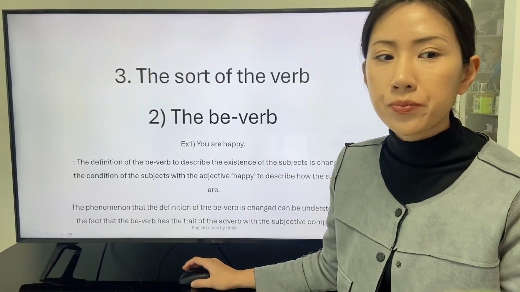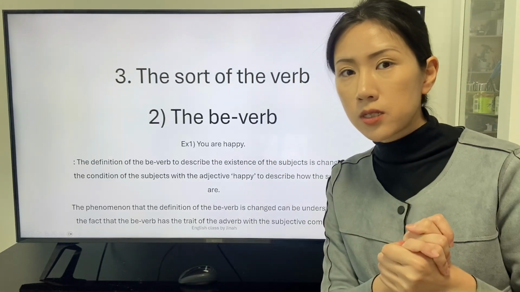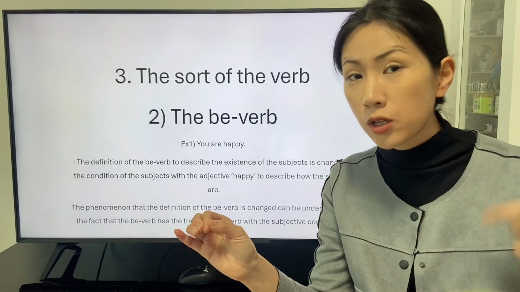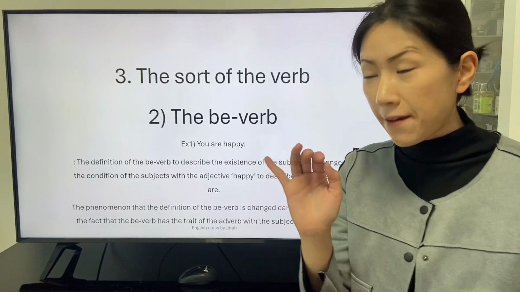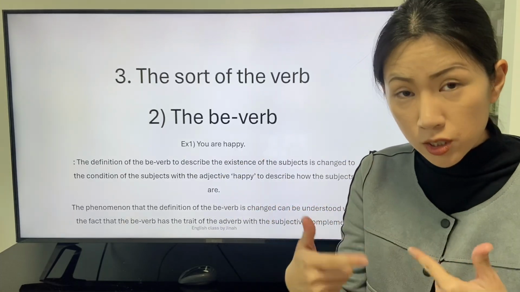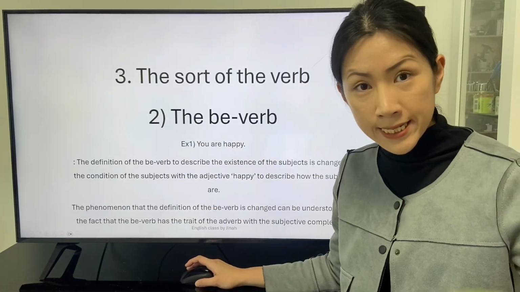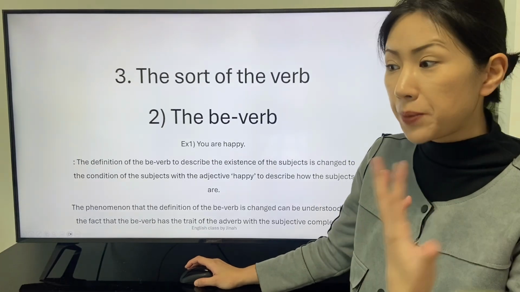There is an example. You're happy. There is a subjective complement, happy, to describe how the subject, the listeners, are. In this clause, the definition of the Be-verb are is changed to describe the condition of the subject. The existence of the subject described by the Be-verb